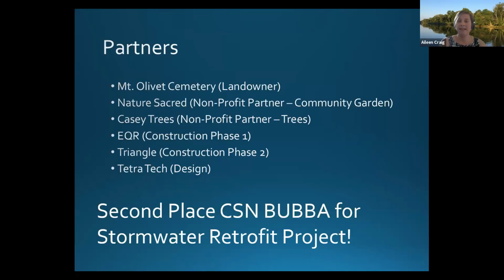So I just wanted to take a second, as I keep mentioning, this was done through the help of many partners. Mount Olivet Cemetery, which is run by the Catholic Archdiocese of Washington and owns the land. Nature Sacred, our nonprofit partner who helped with the community garden. Casey Trees, who helped with a lot of the tree planting. EQR did construction of phase 1. Triangle did construction of phase 2. And Tetra Tech has been doing design for us throughout. And also thank you to the Chesapeake Stormwater Network for honoring us with the 2nd place award for the Stormwater